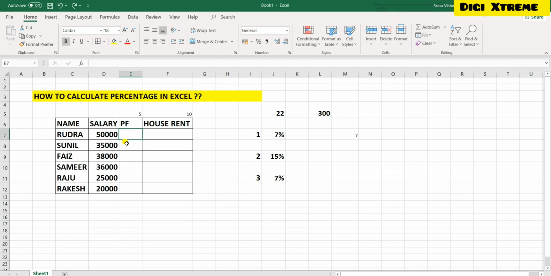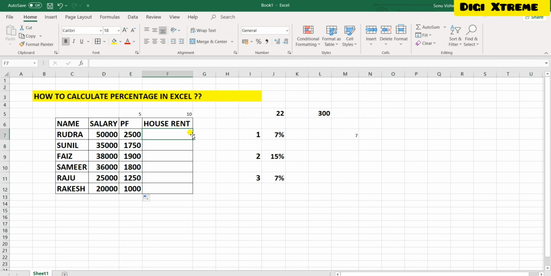This is the salary data. Here I want to know the PF amount. Let's suppose the company provides 5% of your salary. What will we do? First select the salary, then multiply how much we need, 5%. So you can see here we have got the result. Click on this hover box here, and when you see the plus sign, just double click. It will show you the rest of the data.